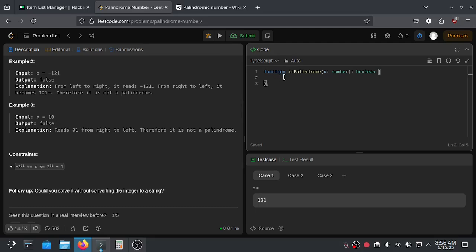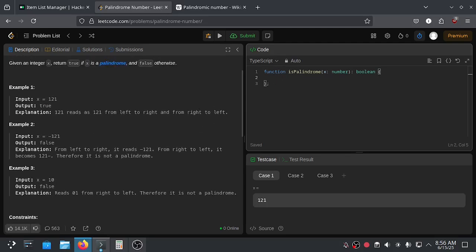So let's solve this. If x is below 0, then we can simply return false. We can also check if it's 1 digit. Let's say if x is just 1 digit, in the range from 0 to 9, which is below 10, we can return true because it's already a palindrome.